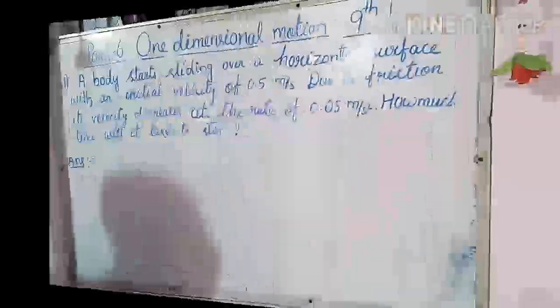So as you have watched, children, I have uploaded up to part 5, one dimensional motion class 9. There I have explained all the theory part. Your chapter was over. Today I am going to teach you the numericals based upon the 3 equations of motion. So children, are you ready for today's class? So without wasting time, let's start the numericals.